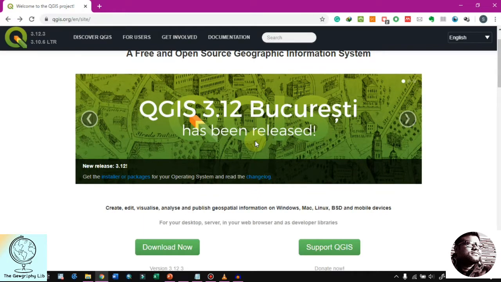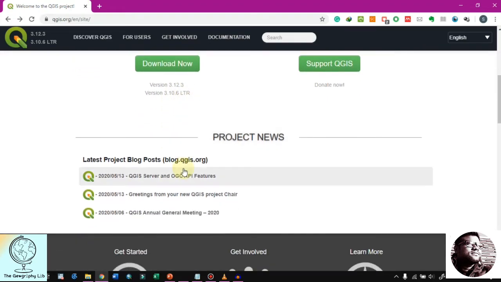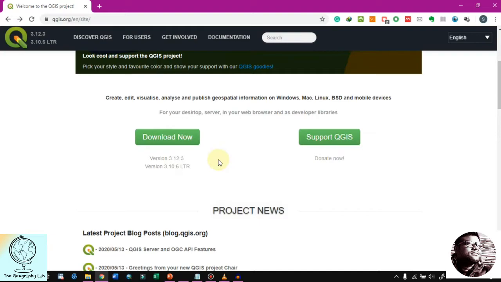The long-term release means it is the most stable version of QGIS, where all the plugins and tools are working properly and most of the bugs have already been fixed, and every year this long-term release comes out once a year after February.